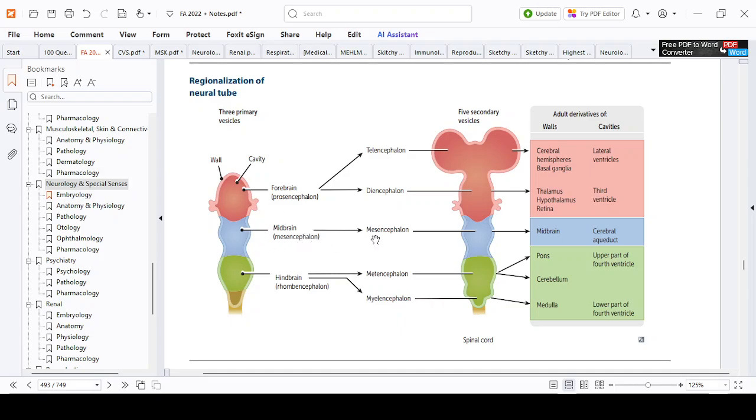Midbrain, which is the meso, it will form the mesencephalon, and the mesencephalon becomes the midbrain, and beside the midbrain, the cerebral aqueduct. The fourth ventricle,